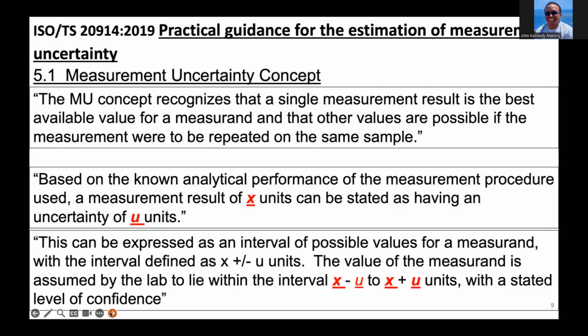So once you measure that uncertainty, you express it as an interval. The value of the measurand is assumed by the lab to lie within the interval, so X minus U to X plus U gives you that interval of units